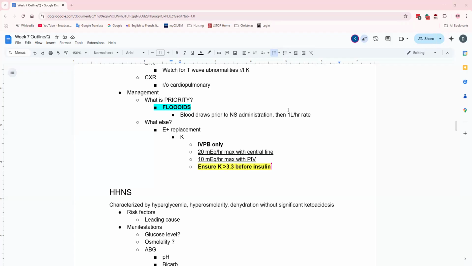Also, note, hence why LR is used in OB, because a lot of those people are just there to give birth and there's not usually things wrong with them, so they get LR because they're not expecting to need something else through IV. So it's just like, okay, we give you the best fluid.